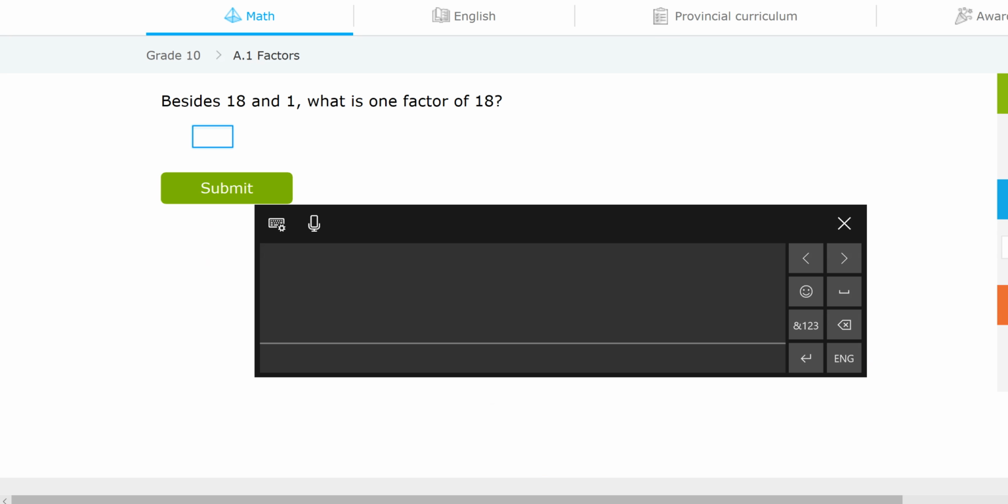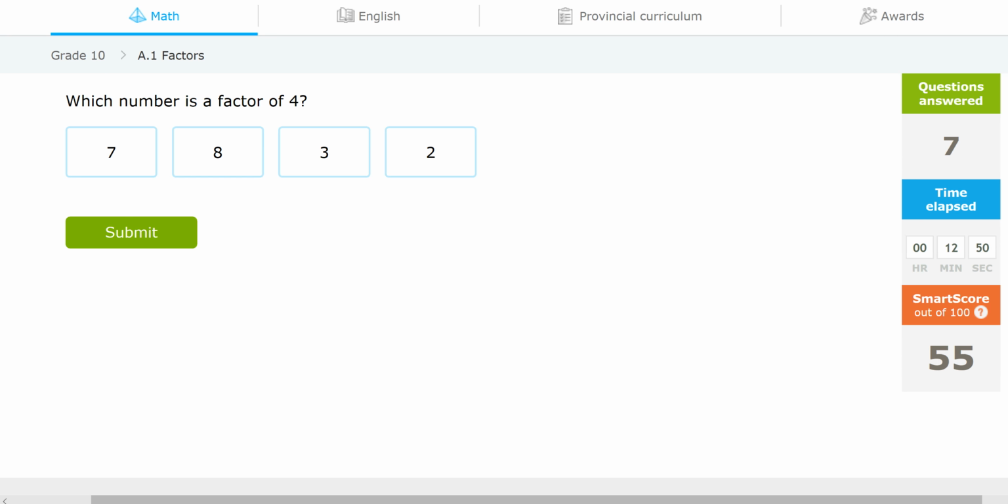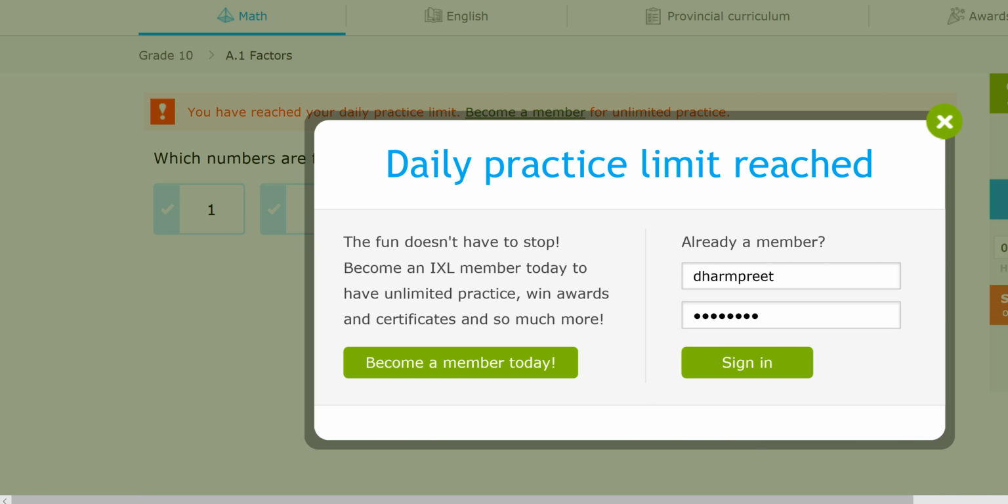I'm kidding. So, besides 18 and 1, what is one factor of 18? So you can write 6. You love 6, actually. So I write 6 and we submit it. You got it, right? And now, how about this one? Which number is a factor of 4? 2. That's right. Okay, so we